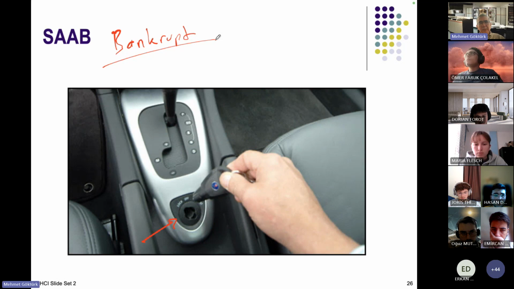But the famous difference with Saab is the ignition key is next to the gearbox. So if you are used to other cars and got into the car as a valet driver,